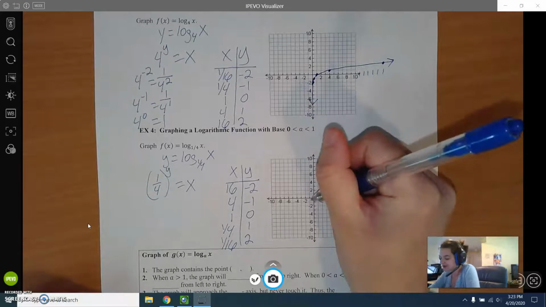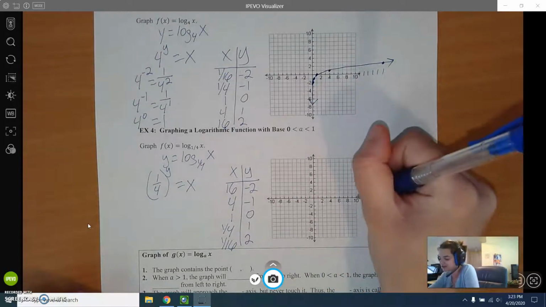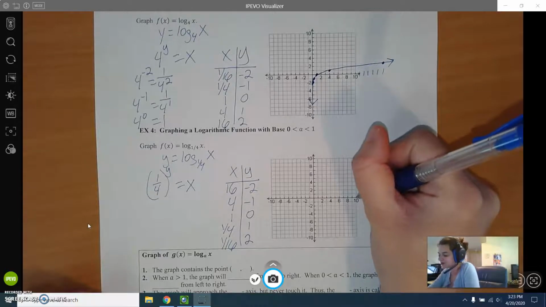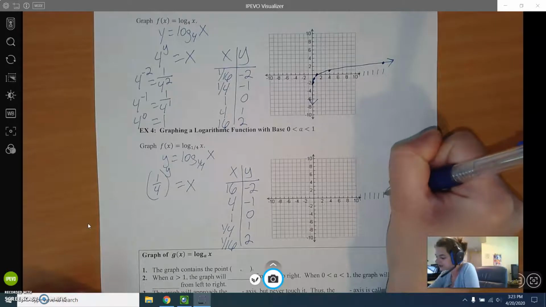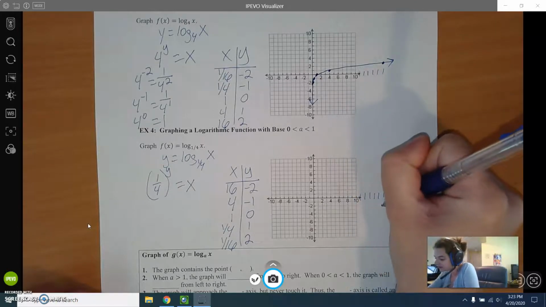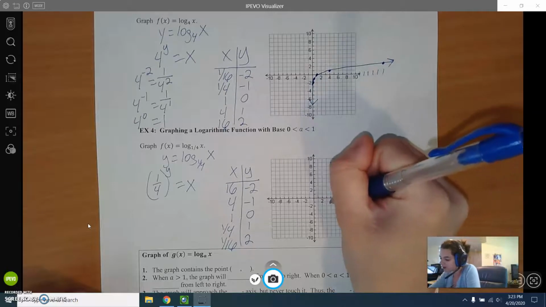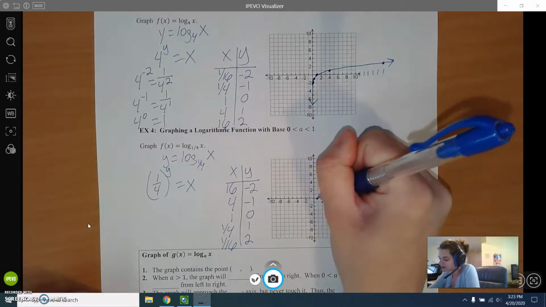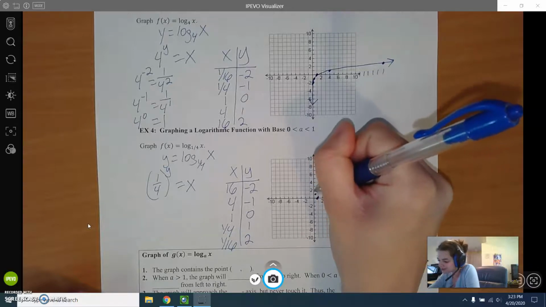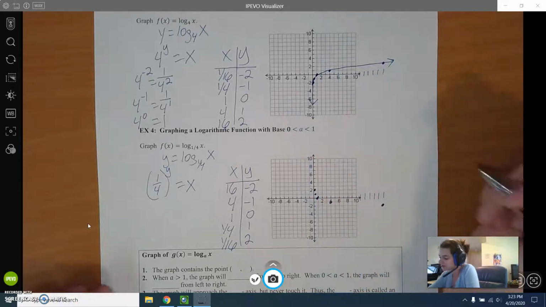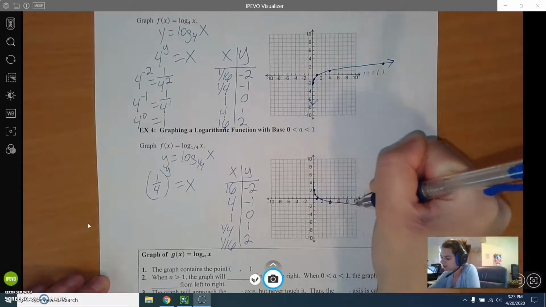So first one I have is 16, -2, and again, 16 is not on my graph, but let's just kind of count over to it. So here's 10, 11, 12, 13, 14, 15, 16, and -2 would be right there. Then I've got the point 4, -1, 1, 0, 1/4, 1, and 1/16, 2. And connecting my dots to make a nice smooth curve,